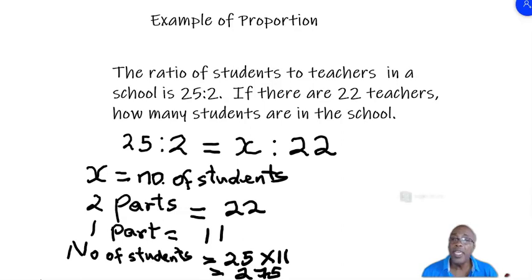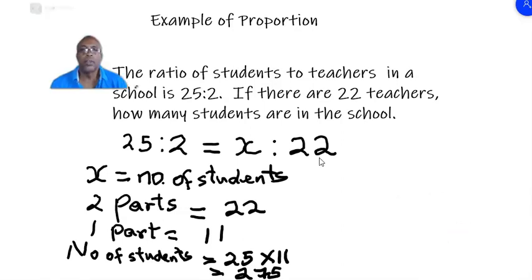That is one way you could do this problem. The other way you could do it is